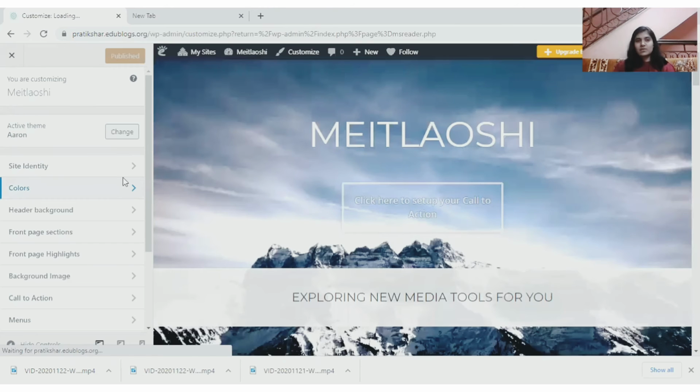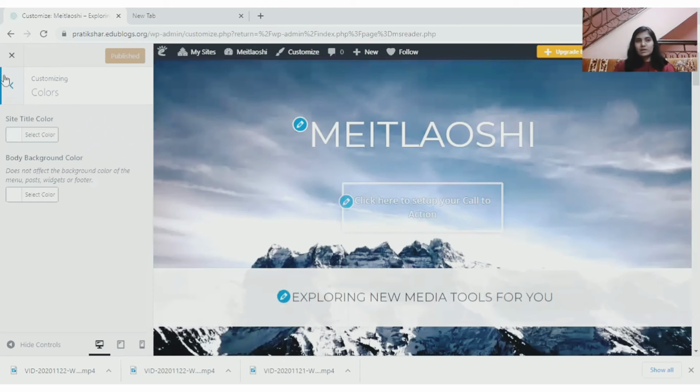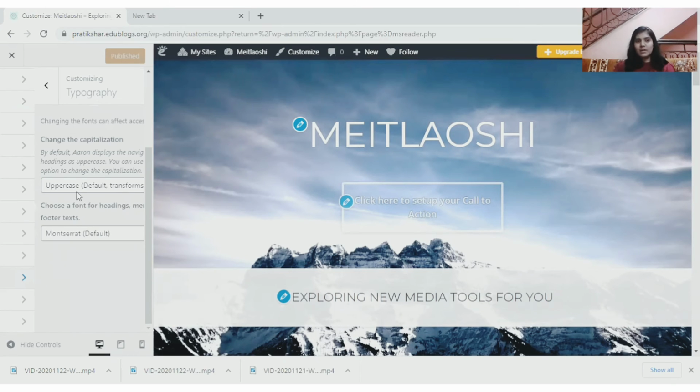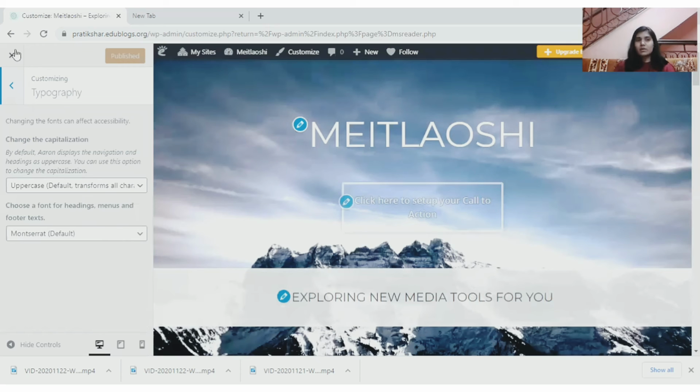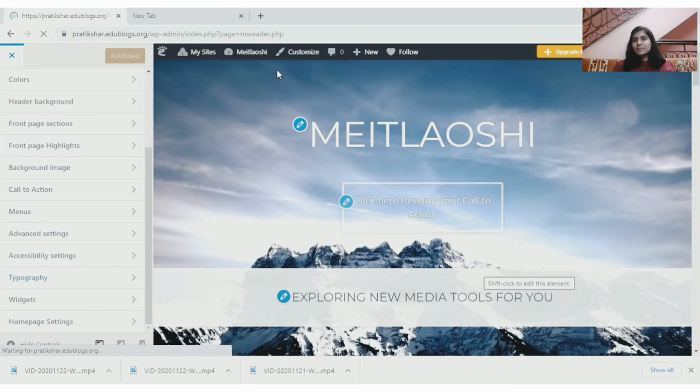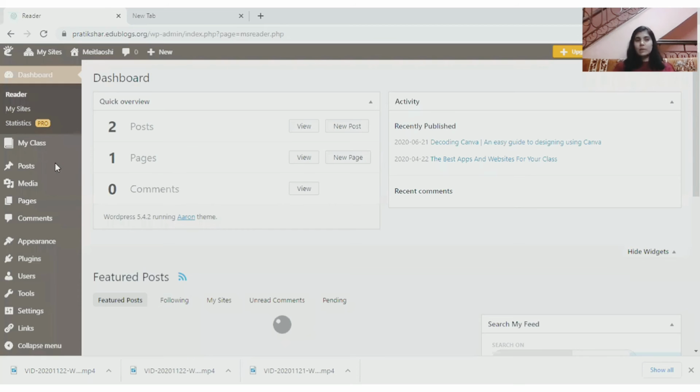I can always change the color I want to use. These are again the same things, like what kind of typography you want. But I think when you're choosing one kind of theme, you can always rely on it because, as it is already designed, it will help your site look good.